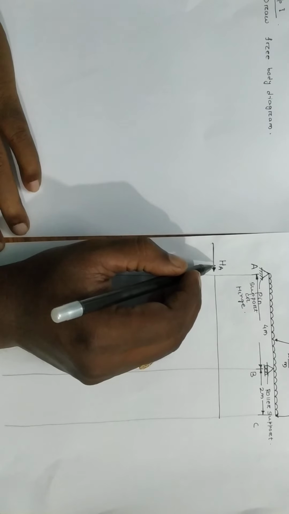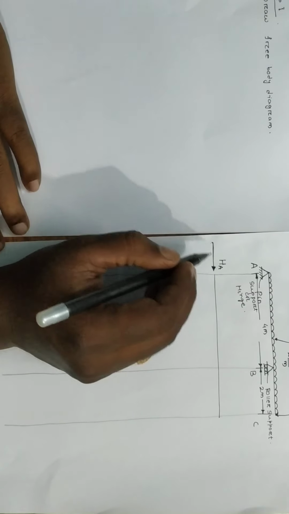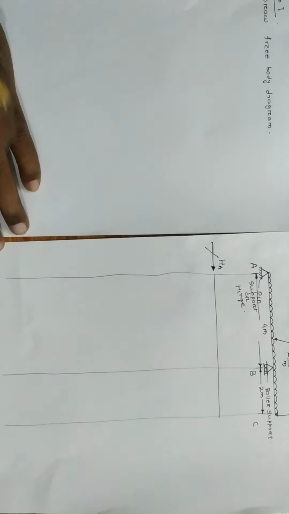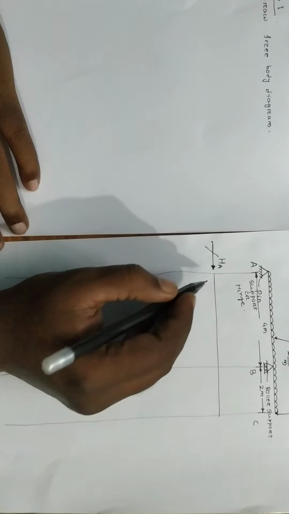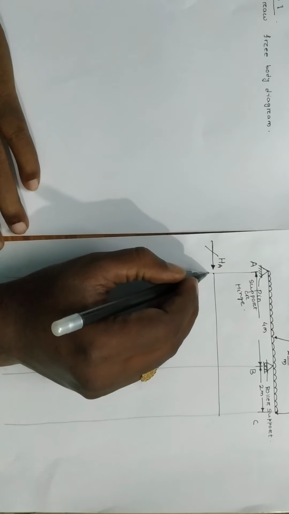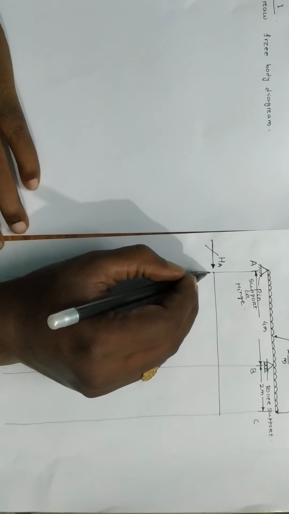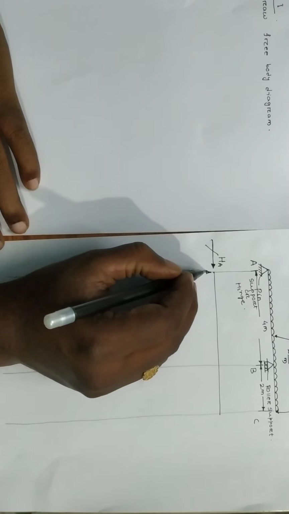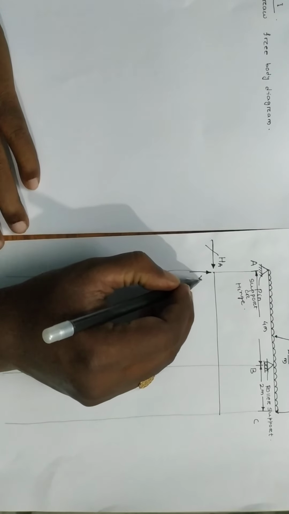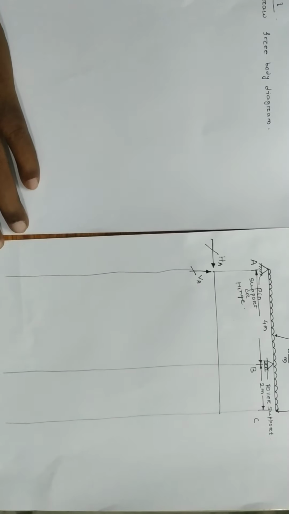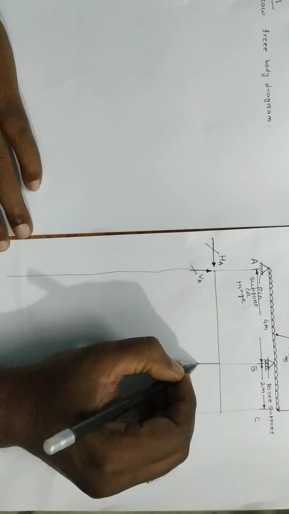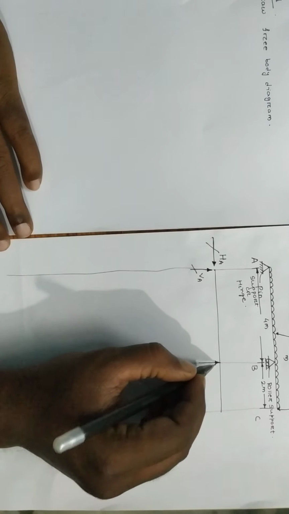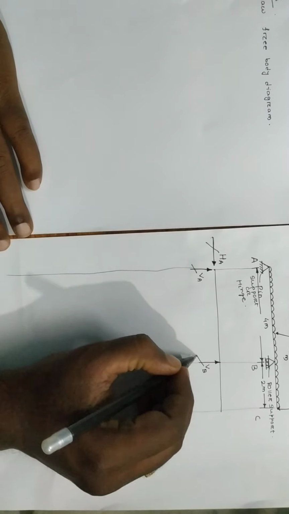And another thing I am telling you, this is a reactive force. Repeatedly I am telling you, this is a reactive force. So you have to make it with a slash. This will distinguish that this is a reactive force provided by the support. And at point A there will be another, vertically directed reactive force, and this will be represented as VA. Slash it, VA. Okay. So for the roller support at B, there is only the reactive force along the vertical direction. So this will be VB, and you make it with a slash here.